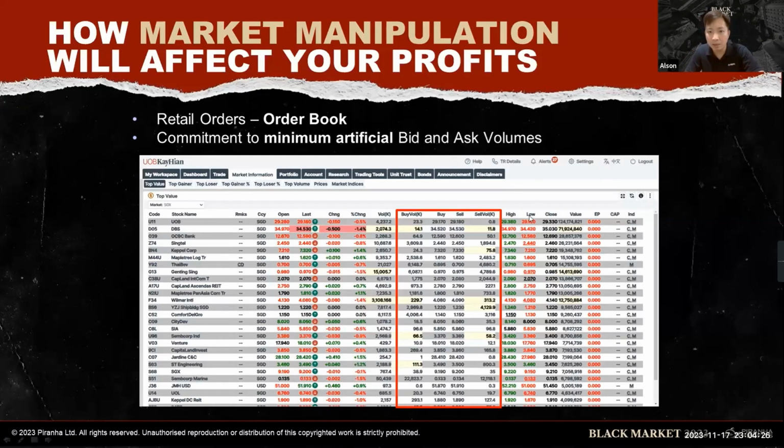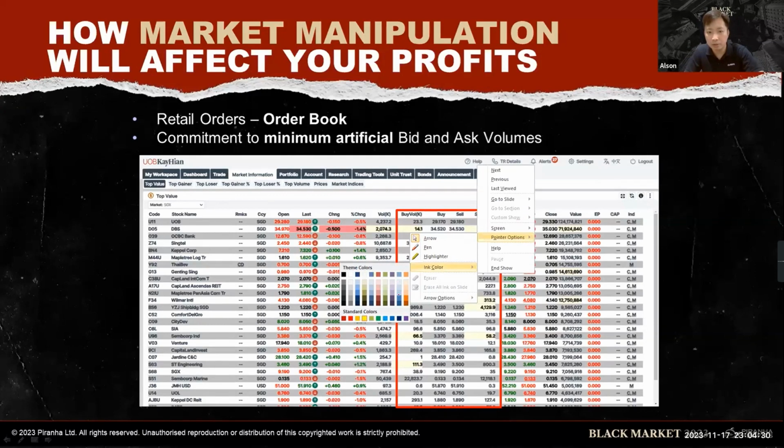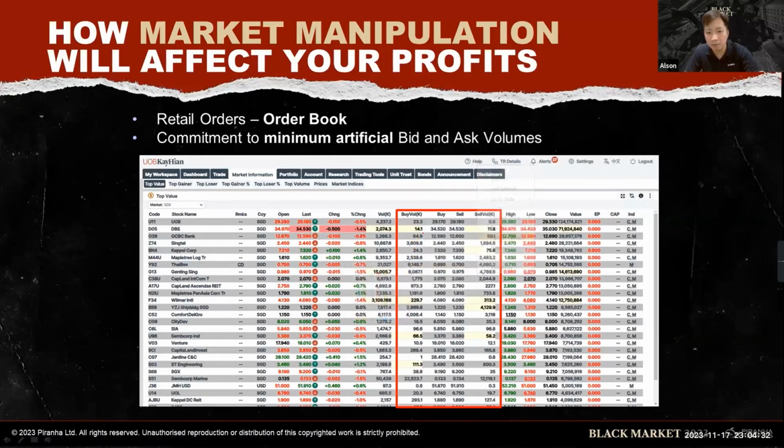And the market maker, let me share with you guys. The market maker controls, as you can see over this one, right? The buy volume here, the sell volume here, right, guys? For this example of my UOB Kay Hian account, the Singapore brokerage account, whether you're using Thinkorswim, Interactive Brokers, or any other brokerage platform, right? If you see a list of stocks, you see a buy volume here, sell volume here.